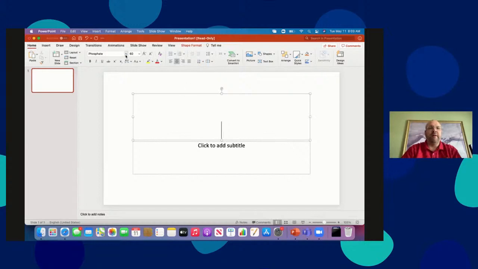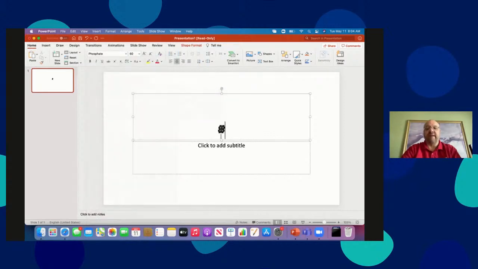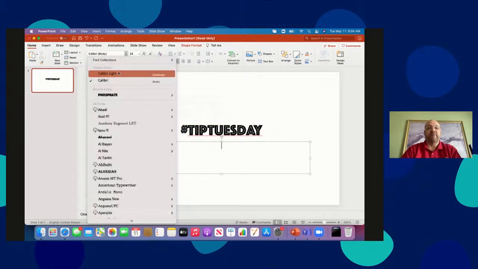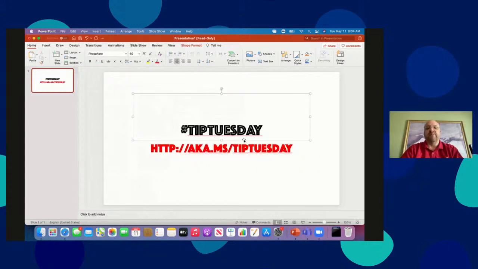So we're in PowerPoint for the Mac, and Mac has specific fonts. One of my favorites that I've discovered is this. And what I realized was this particular font, because it's Mac specific, doesn't work on the PC. So if I take this and make changes to this new font that I've discovered and that I like, maybe my YouTube channel for TipTuesday, and I resize that, whatever else I do to change the color, these fonts will be changed back to the defaults on a PC